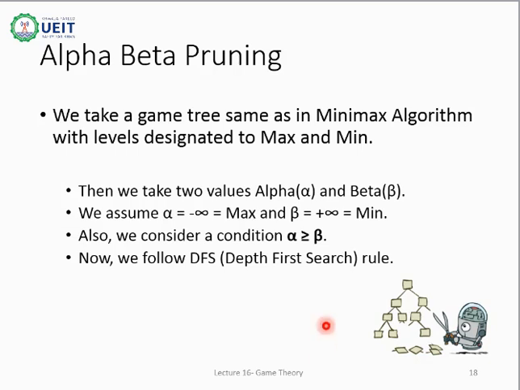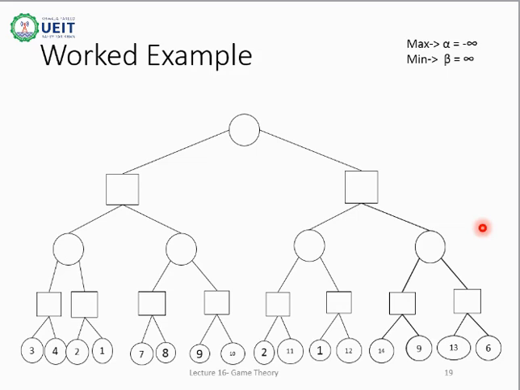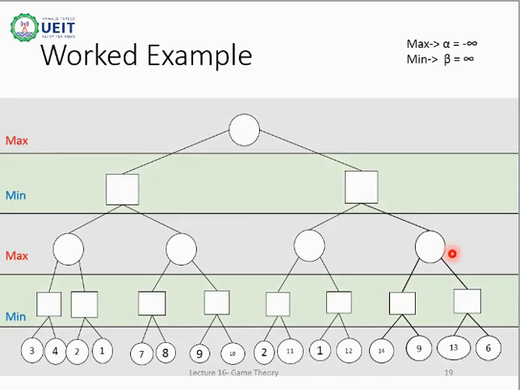Now let's understand this concept through a worked example. Let's suppose this is the tree that needs to be searched using alpha-beta pruning. Like the Minimax algorithm, we will first start by marking all levels as min and max alternately, starting from the root to n. The root level is always marked max. In this image, gray areas are max areas, which means the maximum value will be selected in this area, and green areas are min areas, which means the minimum value will be selected from its successors.